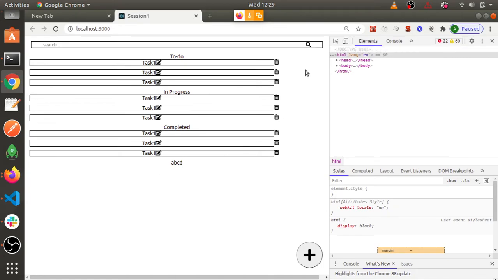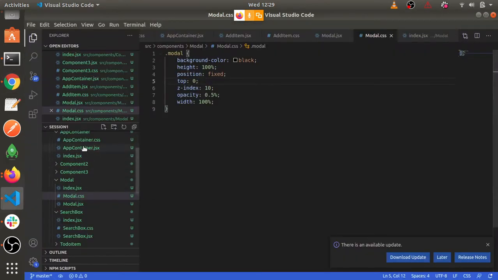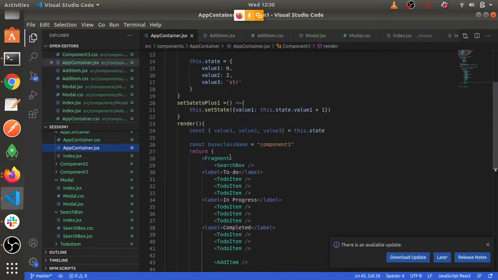Very sad. ABCD is coming here, which is not good. Okay, for the app container, I'll have to give it a parent div. Where is the parent div?